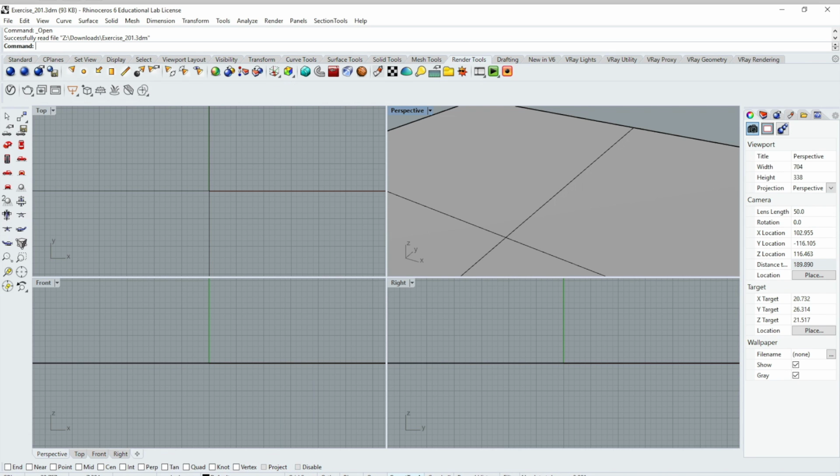So first thing I like to do whenever we start working through a piece of software is talk through what's going on, what's the interface, what are we seeing in Rhino here. So right here across the top, we have our typical menu structure. And most commands available in Rhino are available in three ways. One way would be through the menu structure. The second way would be to type in the command. And the third way would be to pick a button for that particular command. So pretty much everything that we're working on here, we can initiate the command straight from the menu structure. Below that menu structure, we have what is called the command line.